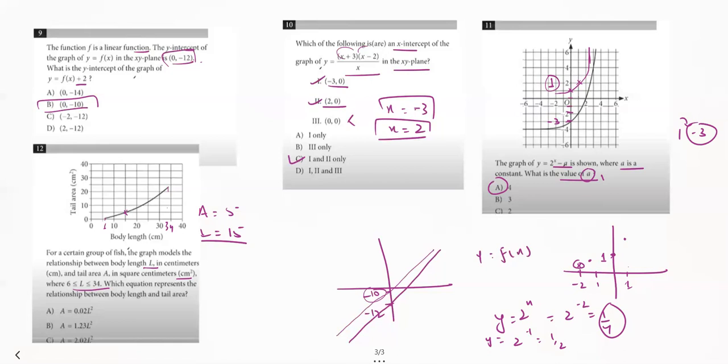Right? At this point, the body length is 15 and the area is 5. Agreed? Yes. So it means one thing, that the area should give me a lower value, or a less than 1 value, because of the factor, right? So if you look at the answer options, this is greater than 1, this is greater than 1. The only option which is less than 1 is A. So the factor is option A.